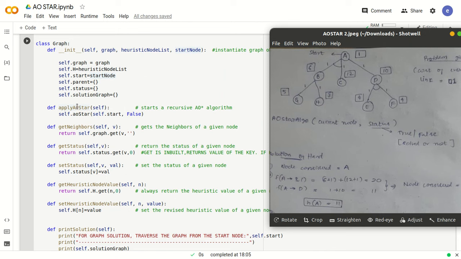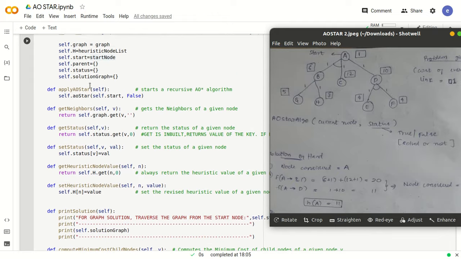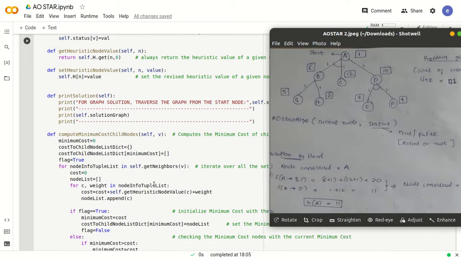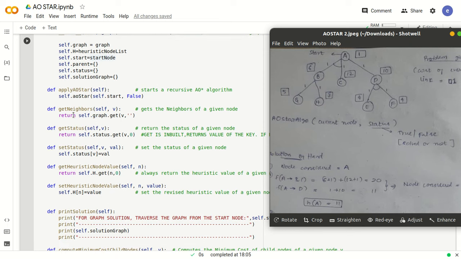Apply AO star: this will be executed only once. For the start node self.start, we just call this function apply AO star. It will just call the function AO star, which we have coded here. We will see it later. It will call the AO star function for the start node. False is the second parameter; we will understand once we come there. So you can understand that this function is just starting the recursive AO star algorithm. So this happens only once. Next, we can